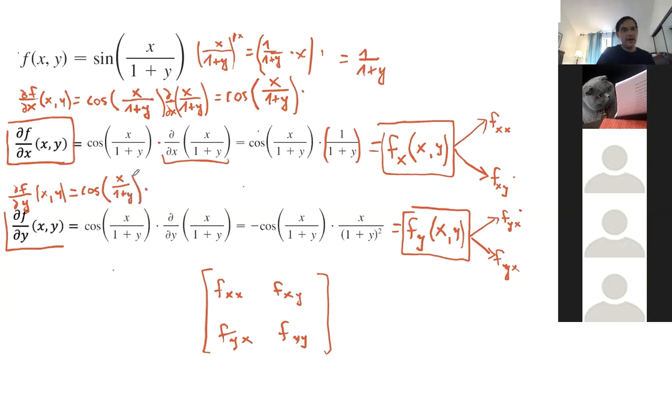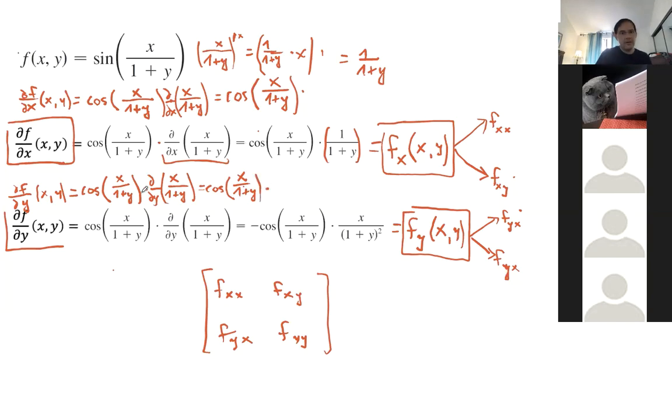Now I have to take the inside function, which is x divided by 1 plus y, and compute its derivative with respect to y. So this is going to be equal to cosine of x divided by 1 plus y